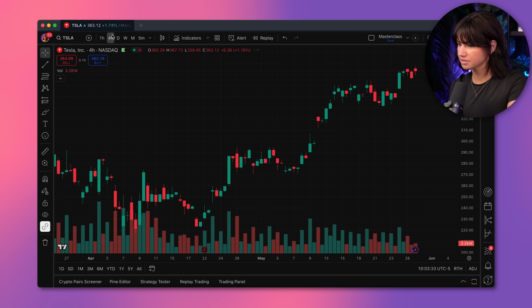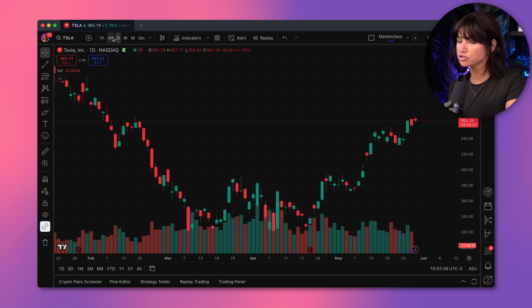to trade on the higher time frames. I personally like to trade on the 4 hour time frame and the daily time frame. This is all going to be personal preference and whatever is applicable to your strategy. So this is TradingView. There are many other features within it, but these are the main 3 that we need to use. Now I'm going to show you how to use TradingView to actually analyze what direction the market is